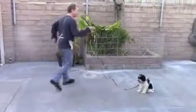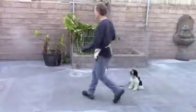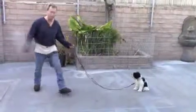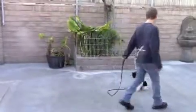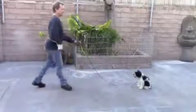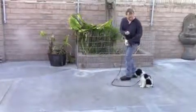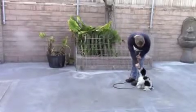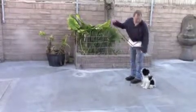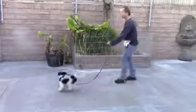And then I get him to do something with me, like a sit stay, or it could be a down stay as well, to get him back into focused, in the moment mind with me, where he's actually working for me. And he can't be reactive if he's thinking and staying in a sit stay, for example. Hey, he gets a reward for sitting there. So we're going to start that recall thing over again. Go. When I call him to me,